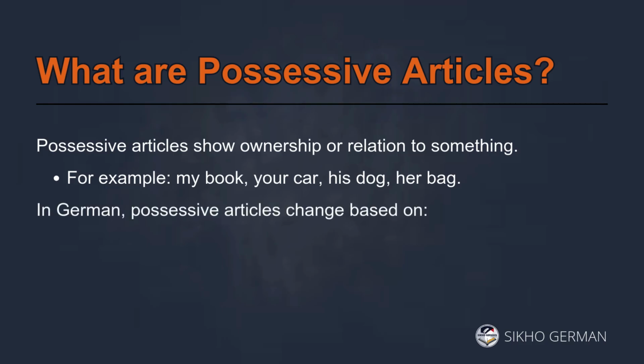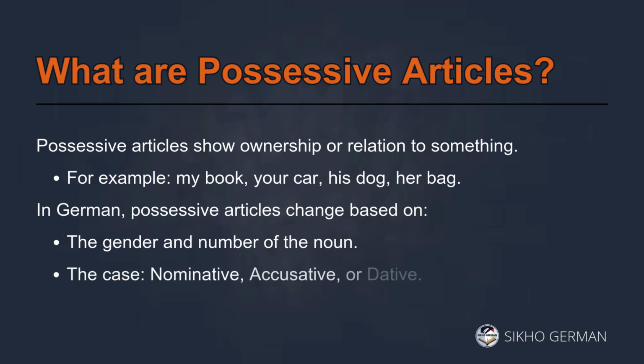In German, possessive articles change based on two important factors. First, the gender and number of the noun, whether it's masculine, feminine, neuter, or plural. Second, the case, whether it's nominative, accusative, or dative. This means that the word my can have different forms depending on what you're describing and how you're using it